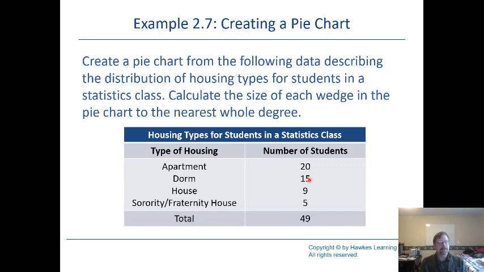So let's calculate the size of each wedge in the pie chart to the nearest whole degree. They've added this up for us nicely. There's 49 total students. So remember, we want the frequency divided by the total to get the relative frequency. They've very nicely given us frequencies here. That's the count of students in the overall group that were in an apartment. Then we take that relative frequency and multiply it by 360, round to the nearest degree,